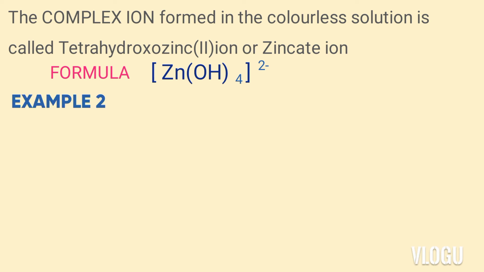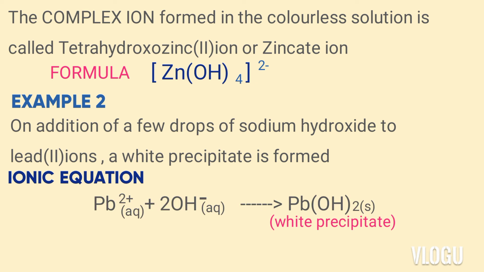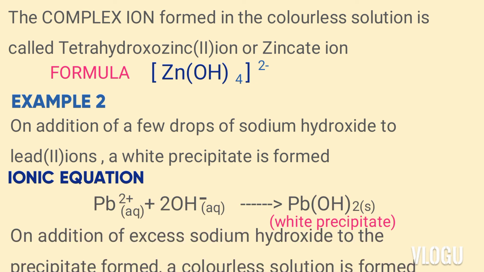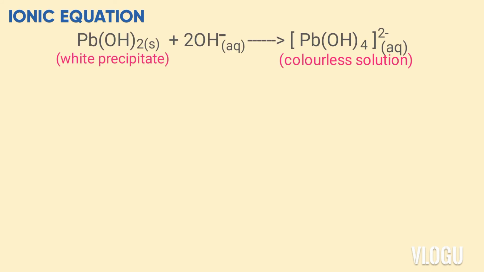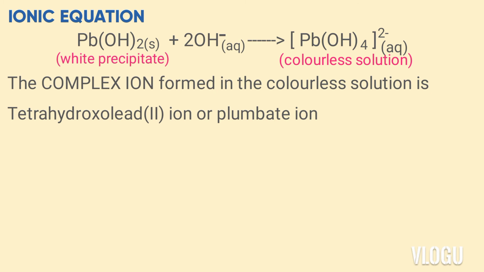Example 2. On addition of a few drops of sodium hydroxide to lead ions, a white precipitate is formed. Ionic equation shown below. On addition of excess sodium hydroxide to the white precipitate formed, i.e. lead hydroxide, a colourless solution is formed. Ionic equation is shown. The complex ion formed in the colourless solution is tetrahydroxoplumbate(II) ions, also called plumbate ion. The formula is